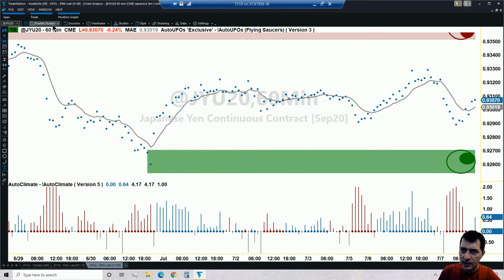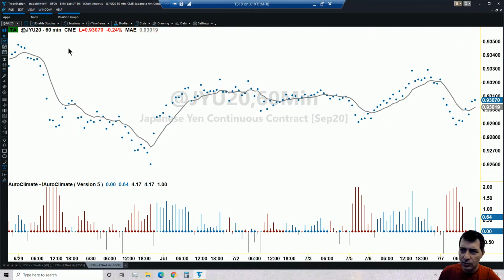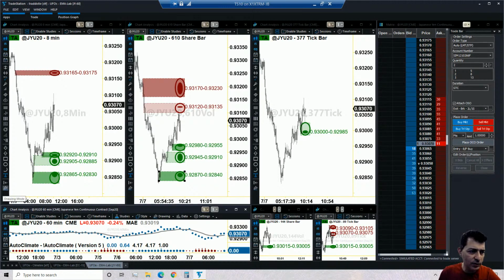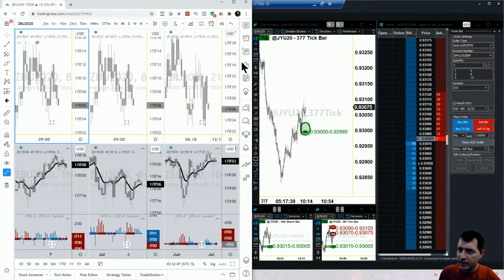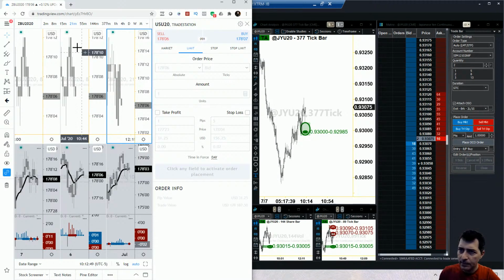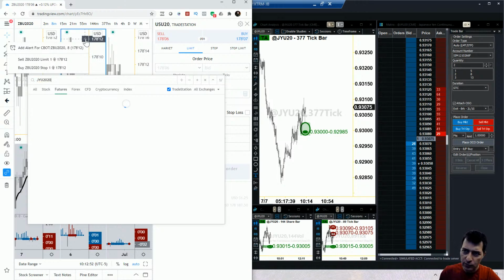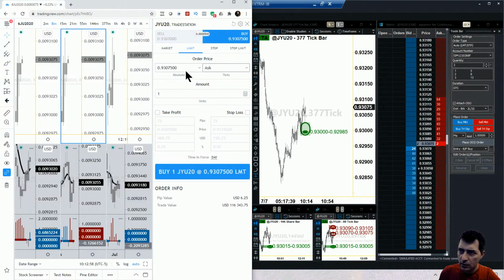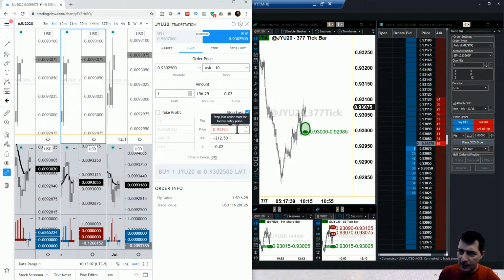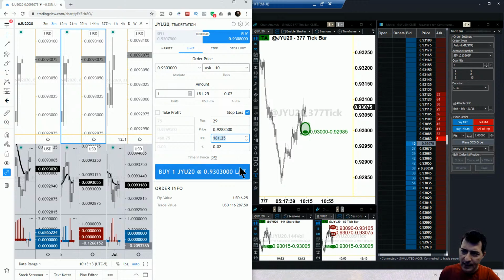Okay, so let's put it all together. Let me summarize this on the screen in a way that is easy to interpret. So I'm going to bring up TradingView. I'll open the order bar. Let's move this to the JYU 2020. Here we go. So we are going long. We said our entry would be 93.025. We said the stop would be 92.88. So notice that we are risking $181.25 per contract. I'm going to go with 2 contracts.